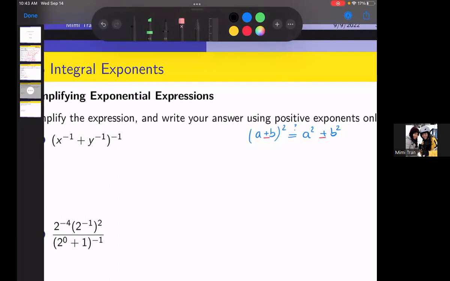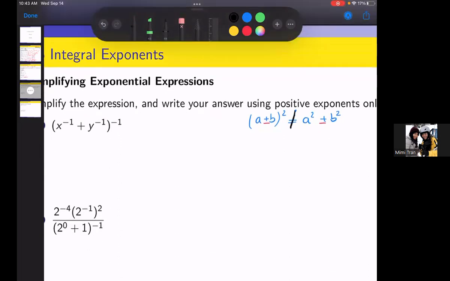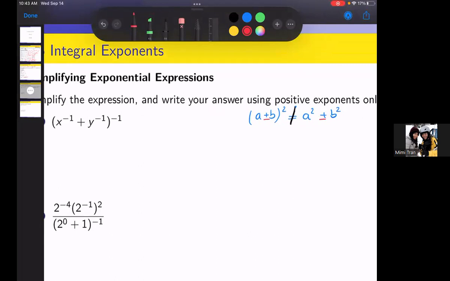So these are not equal. What I'm going to do first is, there are many ways of doing this, I'm going to take care of the power outside. I don't like negative exponents. So let me recall, if I have a to the negative 1, it is equal to 1 over a to the 1. Then what do I do with this? What should I do? I just flip it, right? I just flip it. So it's going to be